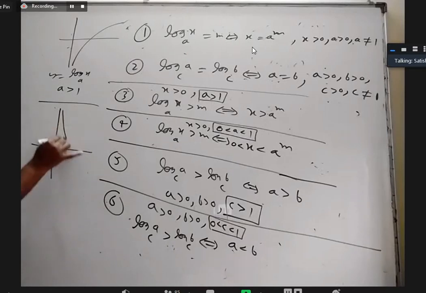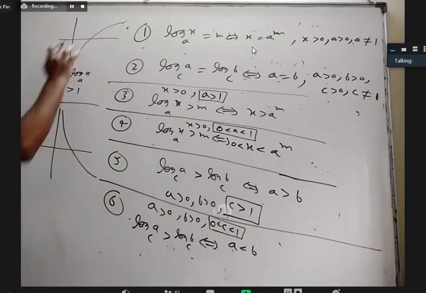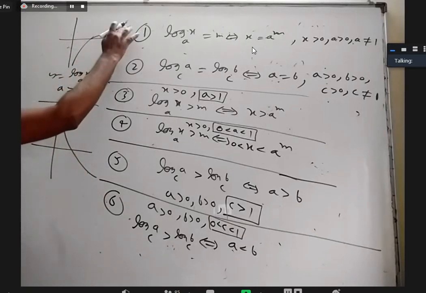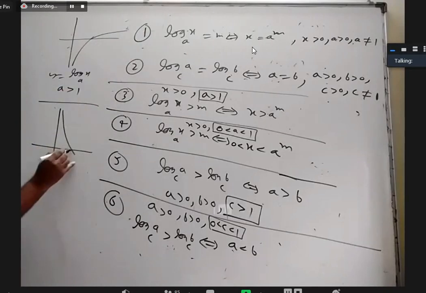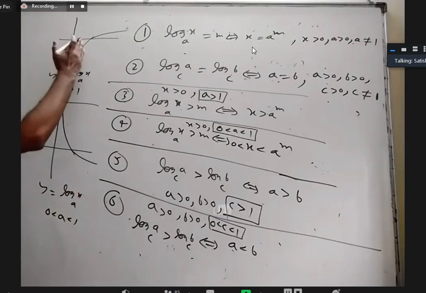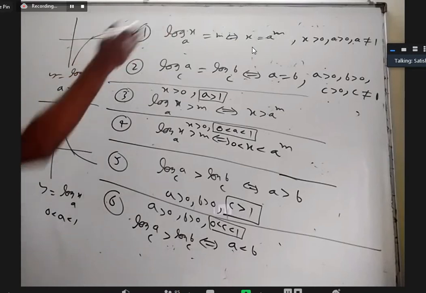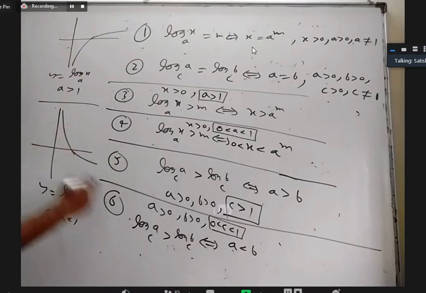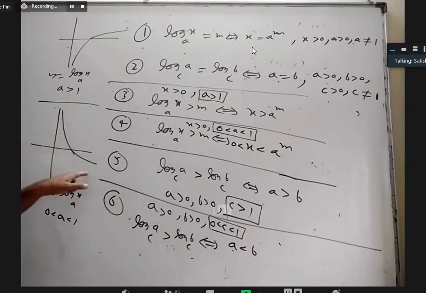And this is a graph of log x. Oh, this will bend too much like this. This is a graph of y equal to log x base a when a is between 0 to 1. So here when we increase x value, log x value increases. But here when we increase x value, log x value decreases. The y coordinate is decreasing here and y coordinate is increasing here.